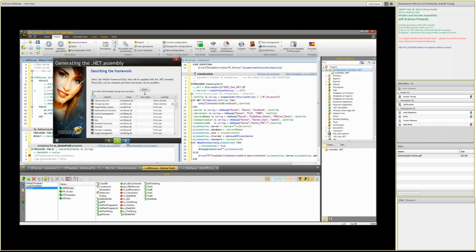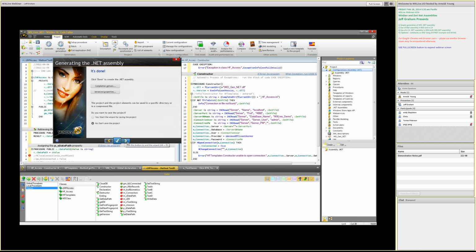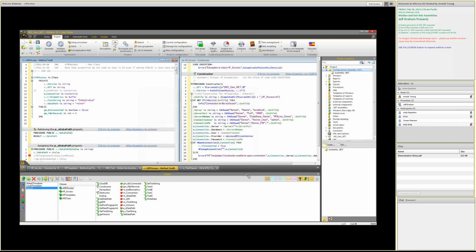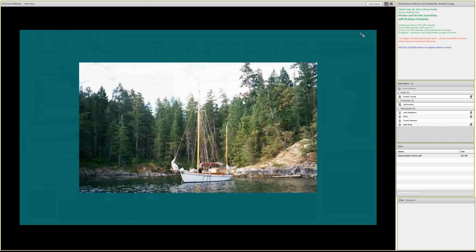So, we won't go all the way through to the generation part because I have Visual Studio open and it'll probably say, well, it may not because I'm not running anything. Yeah, you get the error saying it's in use. But it's already there. Now, if we go to the next step with Visual Studio,